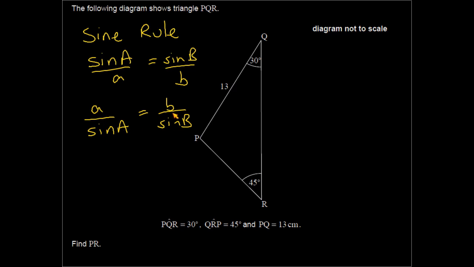Use this form rather than this form because that will involve a little bit less rearranging, because what we're looking for would be one of the sides. If I was looking for an angle, then I would use this form here. But we're looking for a side, so I'm going to use that one. So I'm going to apply the sine rule, and it's going to say that PR,